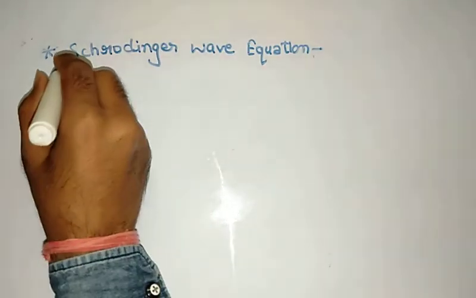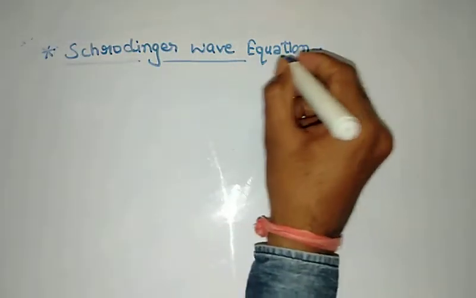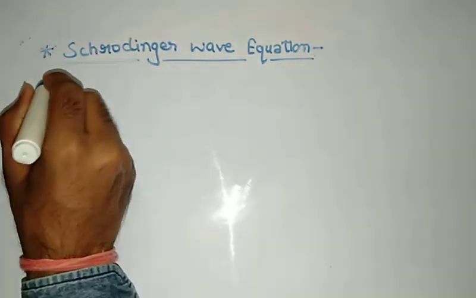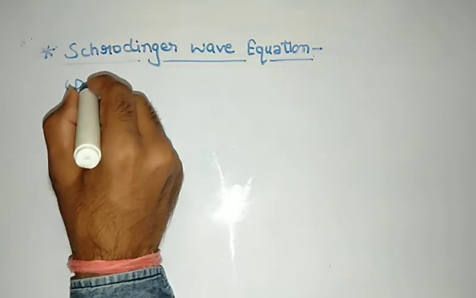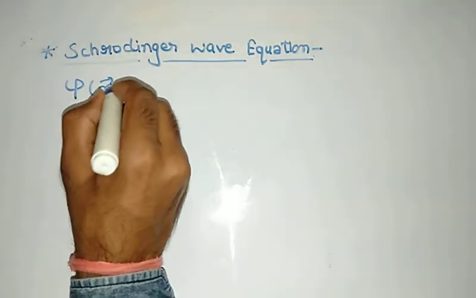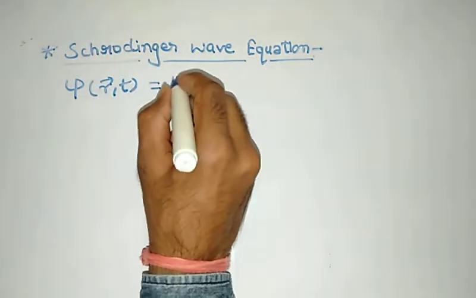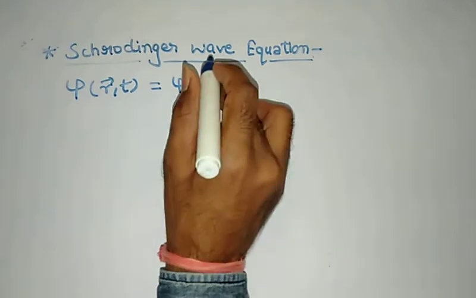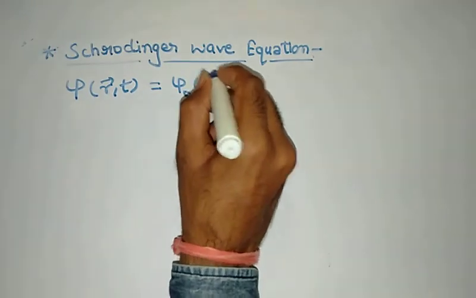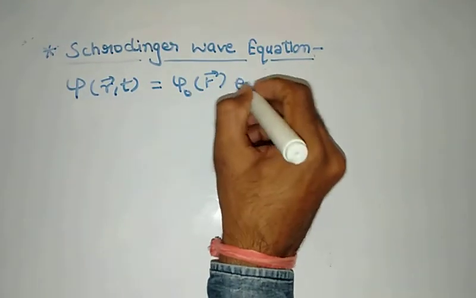Today we will learn to find the Schrodinger wave equation. For this, consider wave function psi. Psi depends on position vector and time. Its amplitude depends on position vector r and